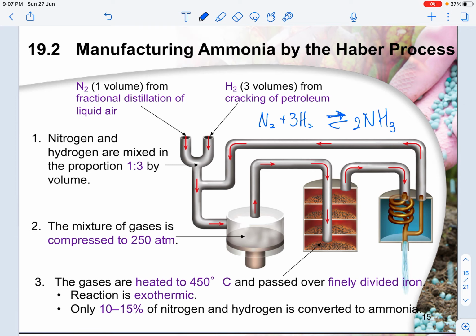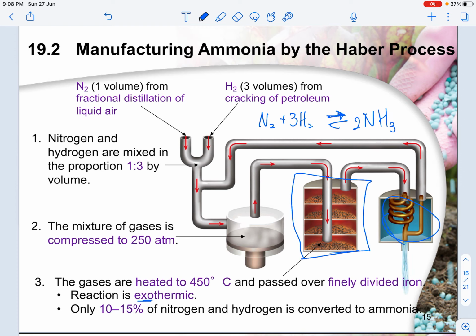Okay, the pressure, and of course you heat it up. So the gases are then heated to 450 degrees Celsius and passed over finely divided iron here. So these are the catalysts. Okay, and then the reaction is exothermic. So in case an MCQ asks you, this will result in an increase in temperature of the surroundings. However, only 10 to 15% of the nitrogen and hydrogen is converted to ammonia, which is a gas, right? You want to cool it in this chamber here. So you condense it and then you slowly collect the